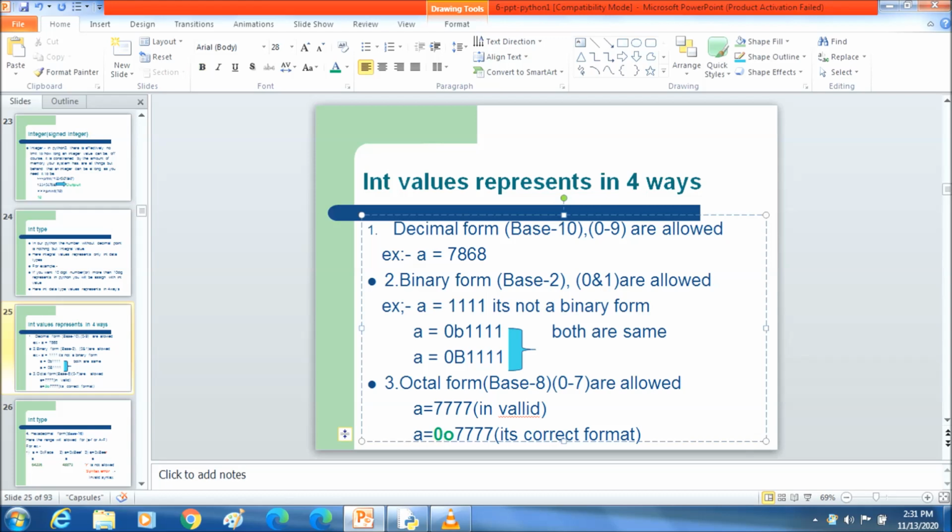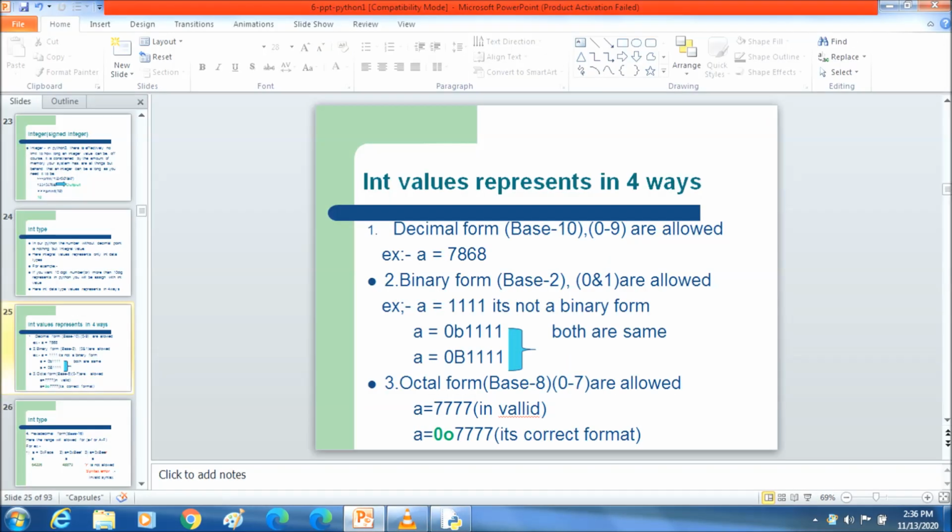When you call a, the result is 585. You will get 585 as the output. We must write 0 followed by either capital O or small letter o, and it's treated as an octal number.